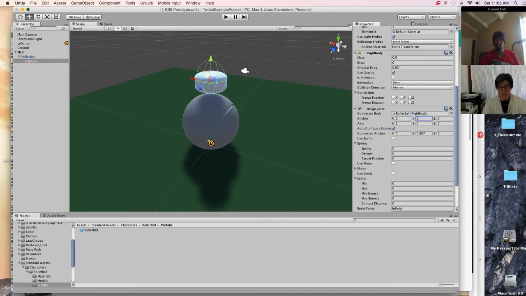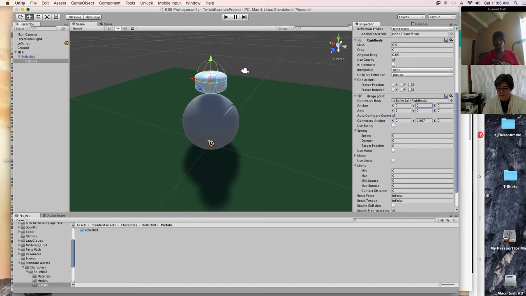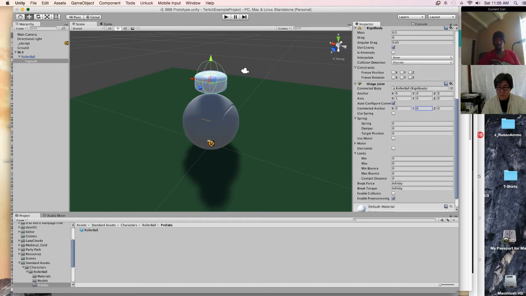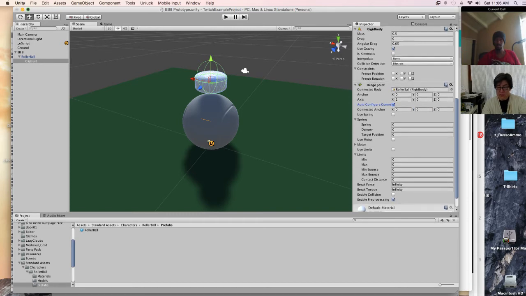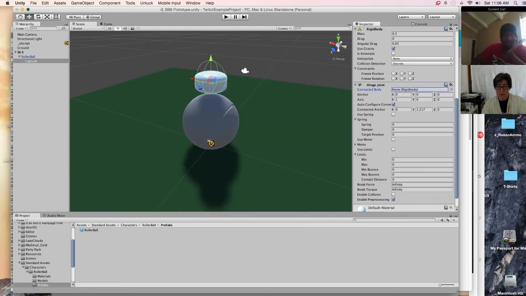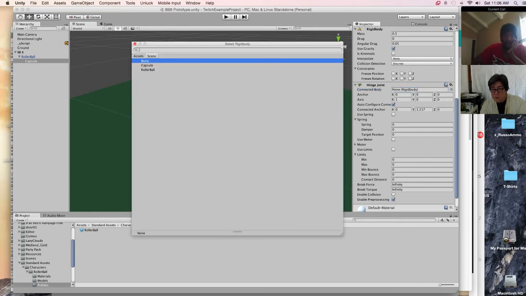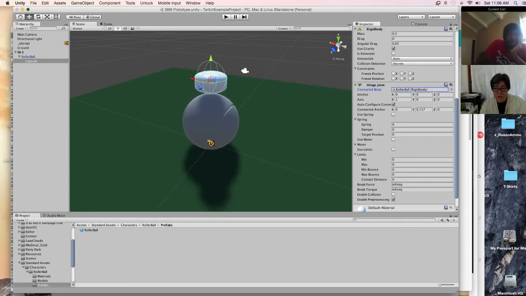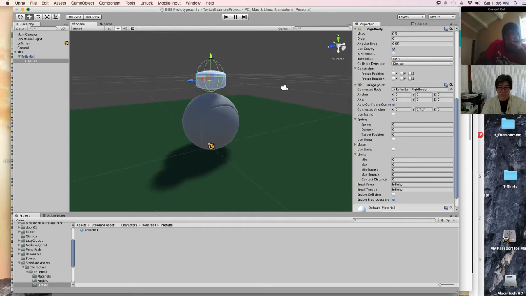Oh, sorry, this is where the connected anchor is. 0. Turn that back on. You know what? I'm gonna kill this again. If you choose none, your connected anchor is quote unquote the world, right? Oh, really? Yeah. But let's do this again. All right. There we go. It auto configured. So you see this 0.717? It connected us at 0.7 units away from the main rollerball.